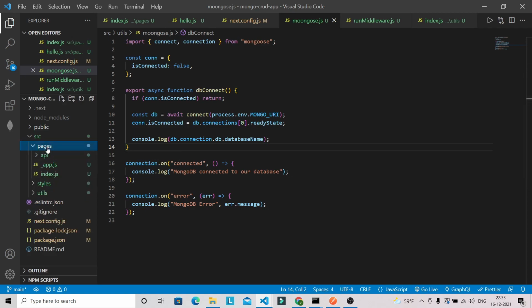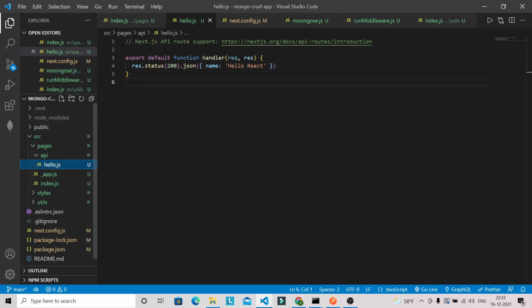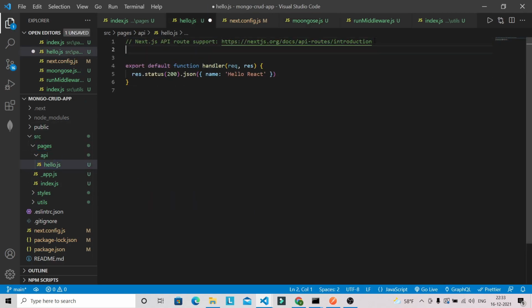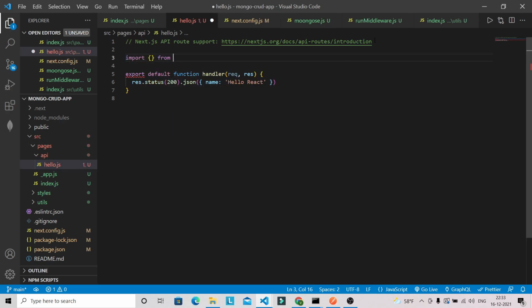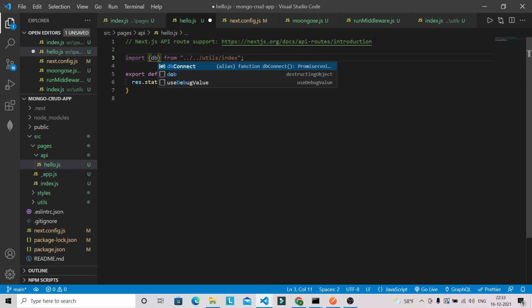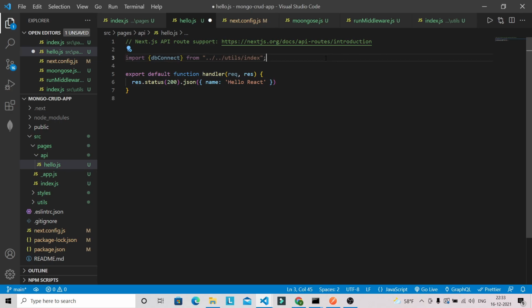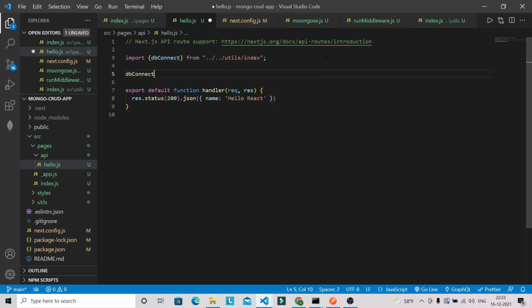So we can go to the pages, and inside this API we can go to the hello.js file, and for now we can just bring that db connect from utils folder. So from index we can bring this db connect, and we can just run this one this way.